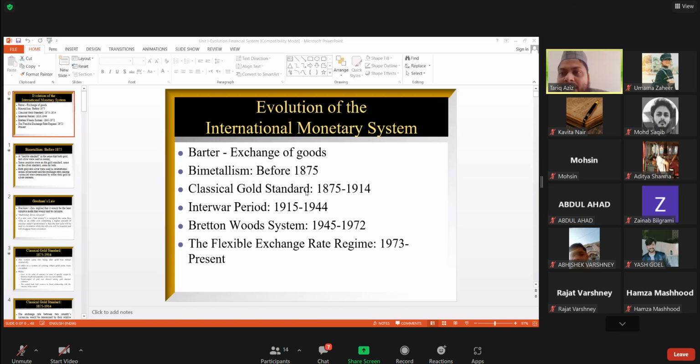Governments were giving a guarantee to the public that if somebody wants to convert paper money into gold, it is possible. He may come with the paper money, and we will give him the gold as per the reserve, how much reserve is there and how much money is in circulation. So that period is known as the classical gold standard,